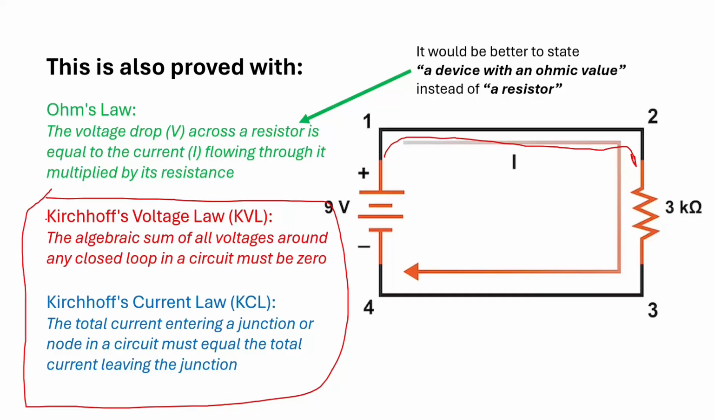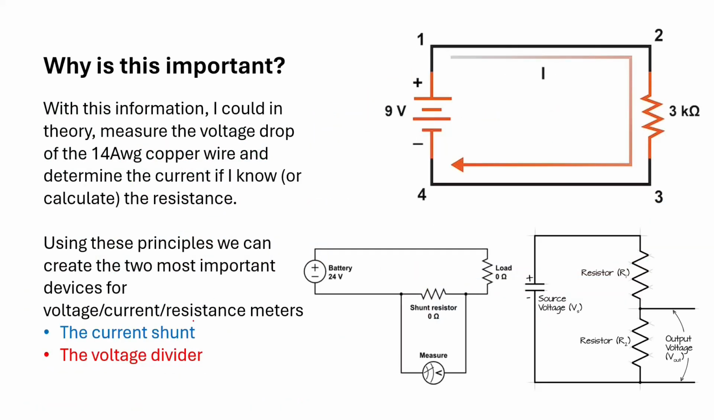So we know that everything around the loop has to add up. So you have a little bit of a voltage drop in this wire, a little bit of voltage drop in this wire, and primarily the majority of that voltage drop is across that resistor, right? Why is this important? With this information, we can calculate the voltage drop of those wires, also of that resistor,